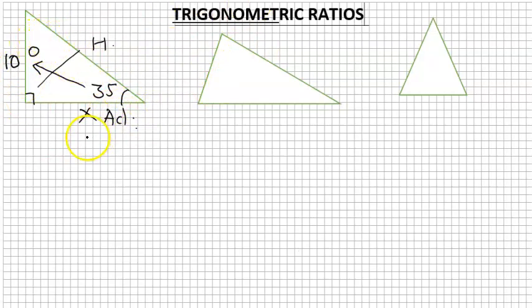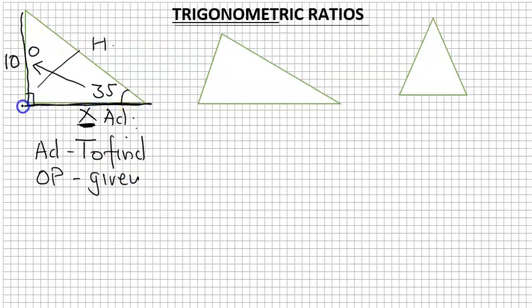In this question you have to find adjacent, and opposite is given. As I told you earlier, if it is an L-shaped question, only this thing is given. It's always a tan. So you can straight away write